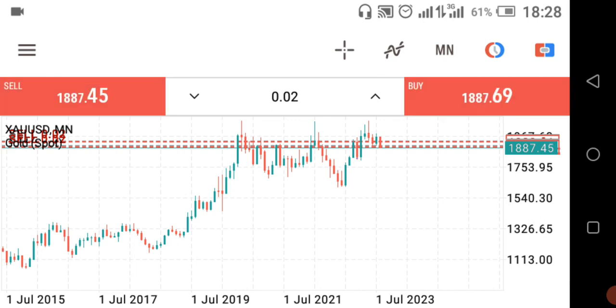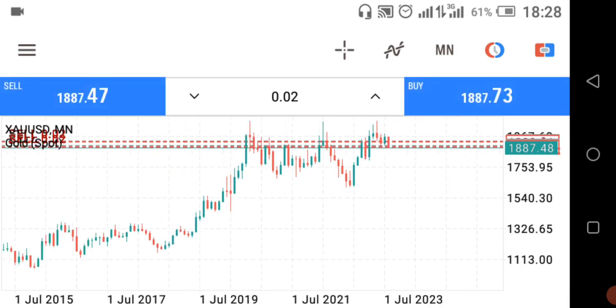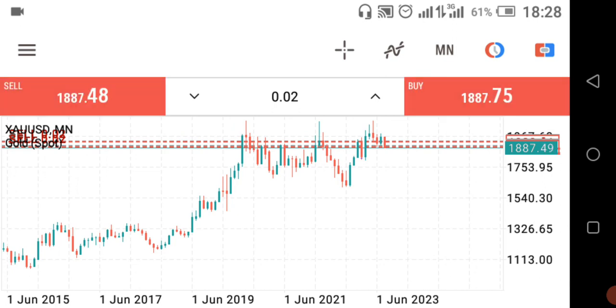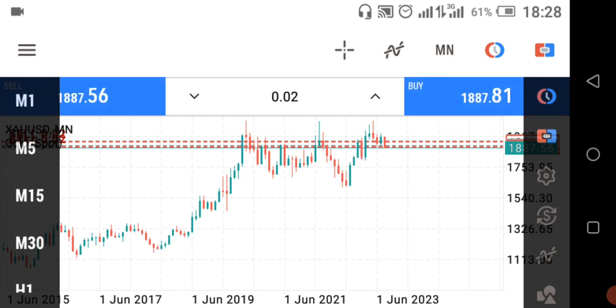So this is an analysis of gold. You want to trade gold and sleep like a baby? This is how to do it. You go to the monthly time frame, then look for what's going on there. From what I've seen here,